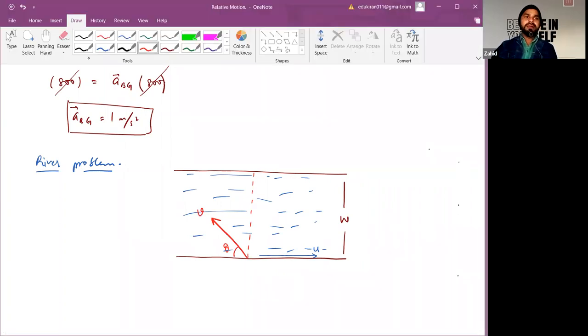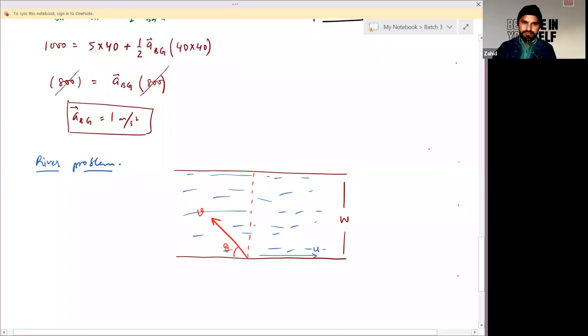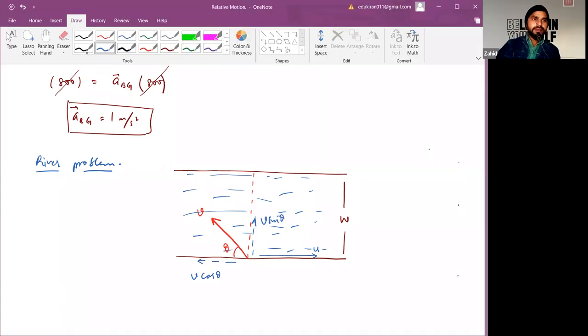So you may define its components. One would be along this direction and the other would be along this direction. So it will be v cos theta and it will be v sin theta. So in this part,